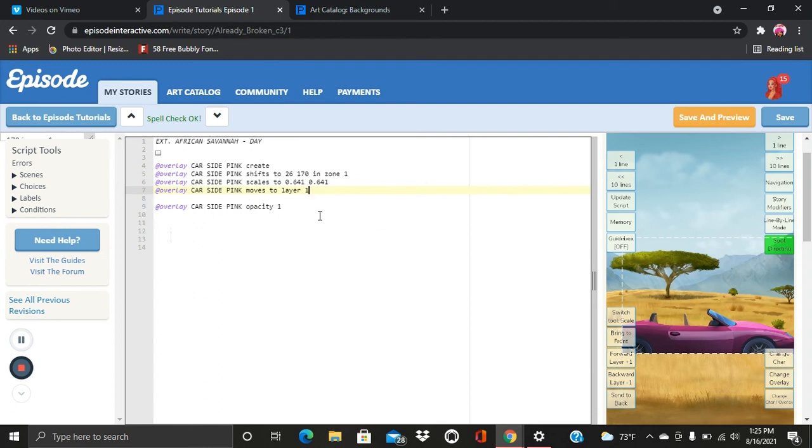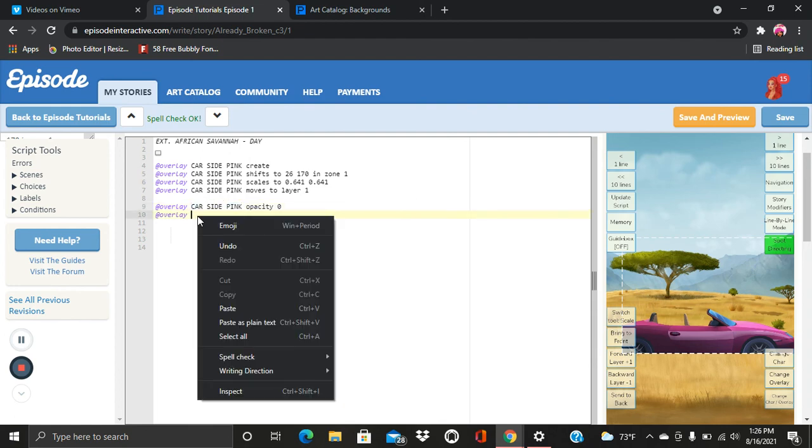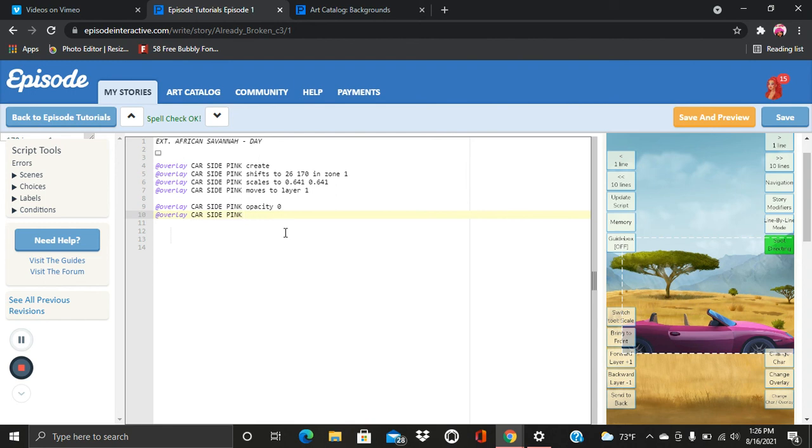So I'm going to show you how to fade in. So I'm going to put the opacity at 0. And then after everything is settled, then I'll put at overlay, and this is the name of my overlay here. This is an Episode overlay. Car side pink. I'm going to enter that here. And I'm going to say